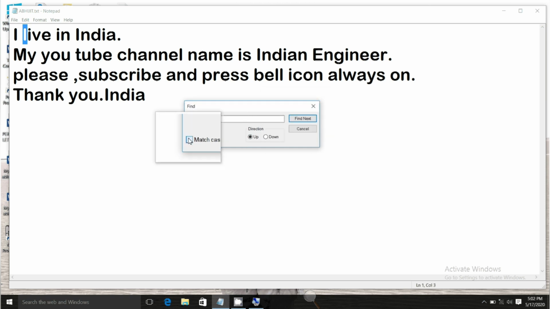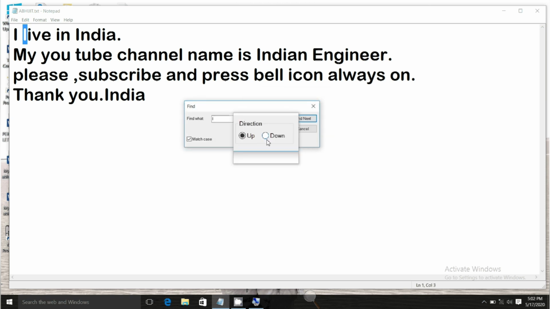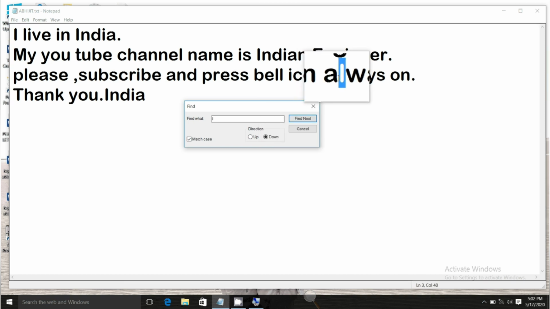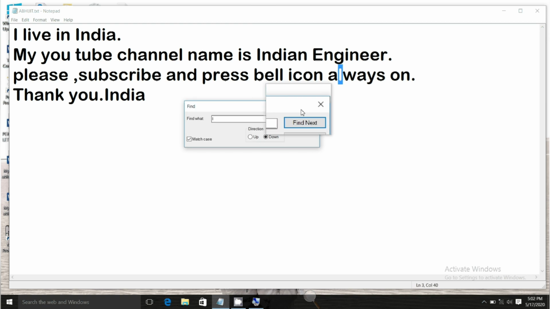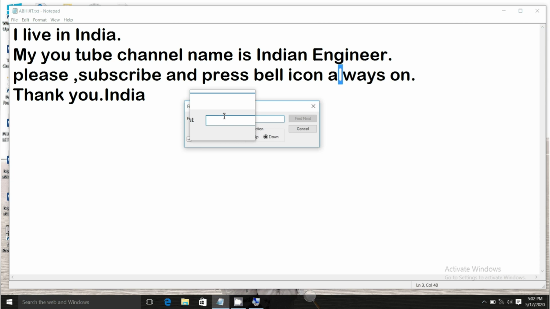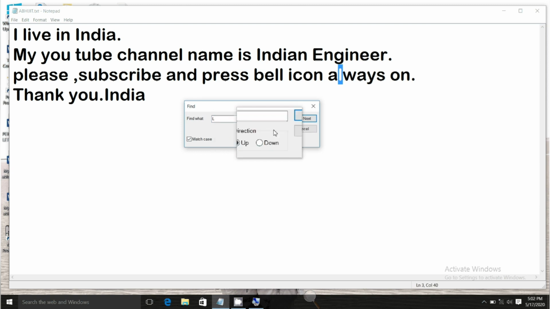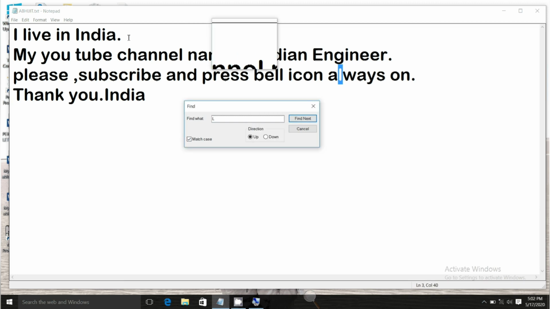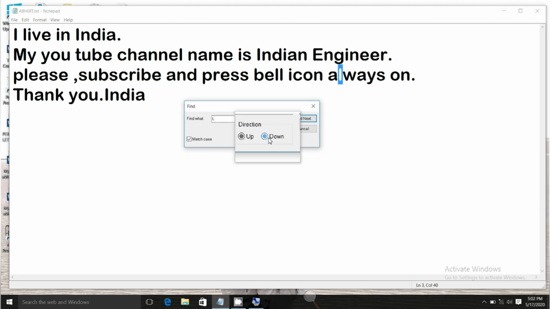If you choose match case with the downward direction, you can see that it matches the small l that you typed. If you type capital L and select the upward direction, you can see there is no capital letter present in either the upward or downward direction.